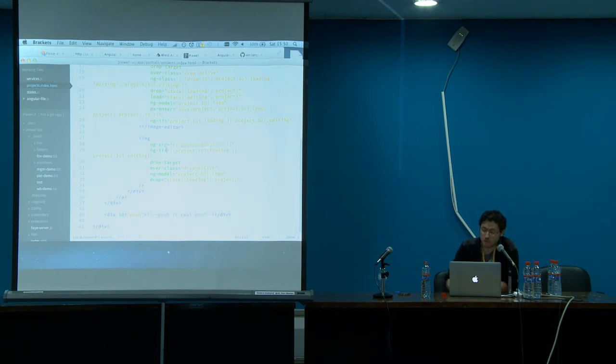Then this ngIf will either add or remove that element from the page, depending on how this expression evaluates. I have this object called project, and a sub-object in it called UI that has some variables that just manage my UI state, like whether or not an image is loading. Loading will be true or false, and likewise whether or not we're currently editing an image.